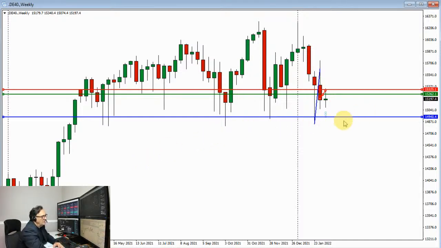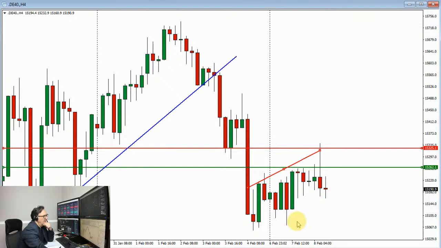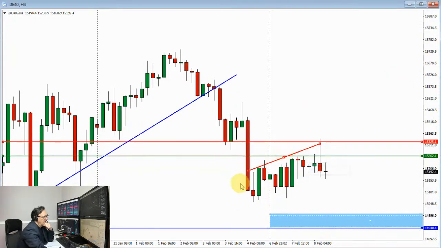And we need an end of day close below 14,940, 14,940. An end of day close below there for a potential confirmation of this and an extension to the downside. Then it becomes something a little bit more serious and concerning and more corrective in nature. So far from the daily point of view, there is a sideways consolidation. There is no trend here, and then this is the 4-hourly,